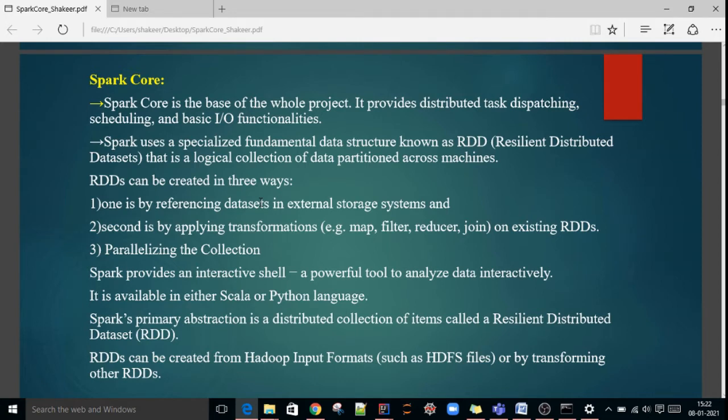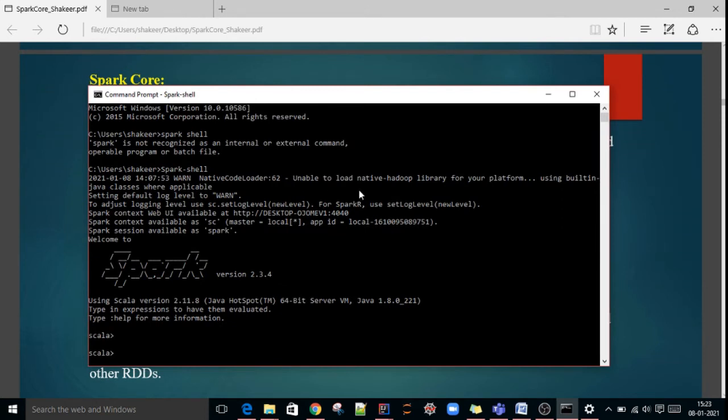So to develop Spark Core applications, we have an interactive shell, like how an interpreter will execute command by command. In the same way, for Spark also we have an interactive shell. I have installed Spark on Windows, and I have made a video on how to install Spark on Windows, and you can refer to that video. If you type spark-shell now, you can see the Spark interactive shell there. Here you can directly execute Spark commands. Okay.